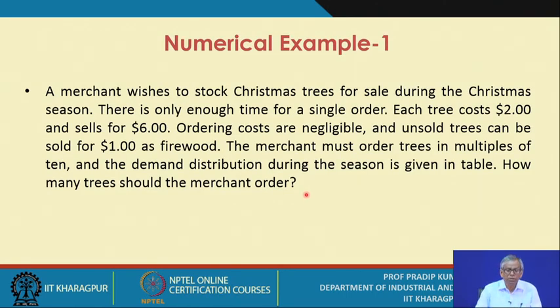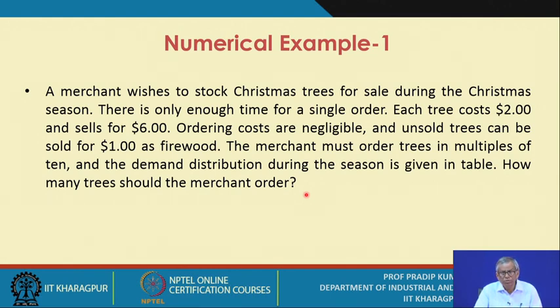Now, before I conclude this session, I will be referring to just one numerical example. Okay? A merchant wishes to stock Christmas trees. As I have already mentioned, many a time this static inventory problem under risk is referred to as the Christmas tree problem, or say newsboy problem. So here we are referring to the Christmas trees, and the Christmas trees are sold exclusively for a specific time period, say 1 week or 2 weeks in the month of December each year.